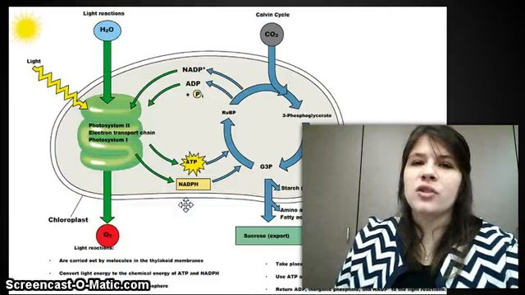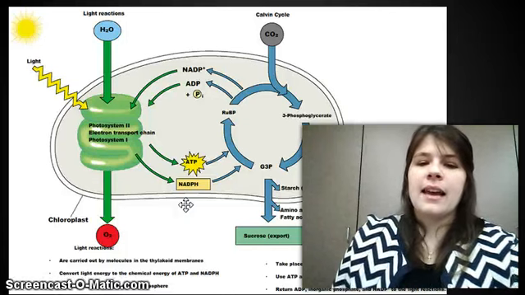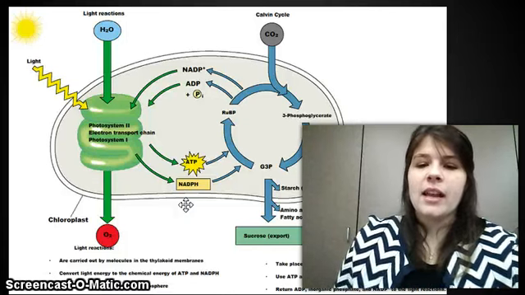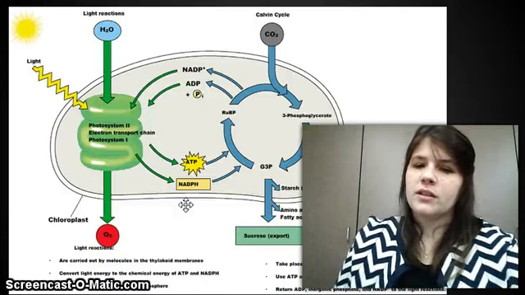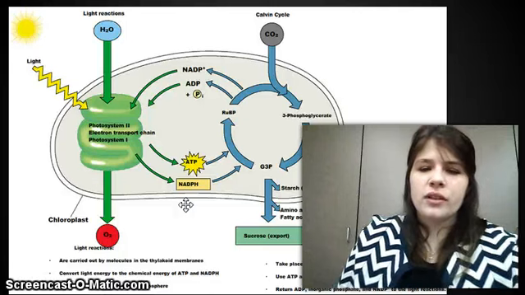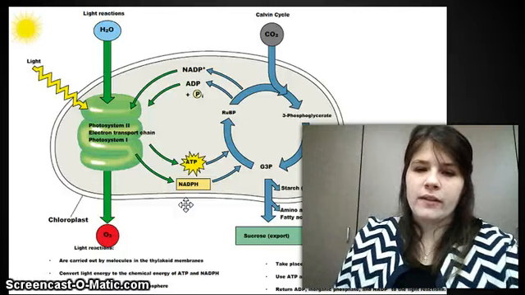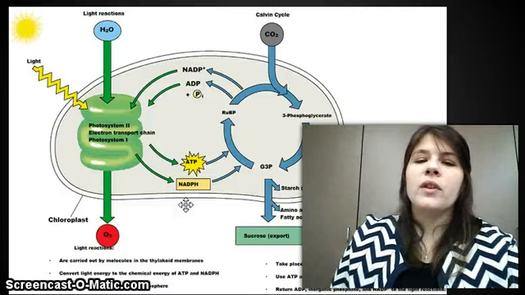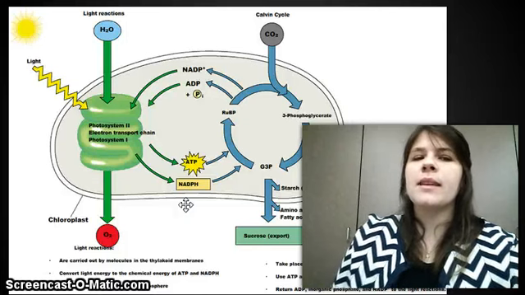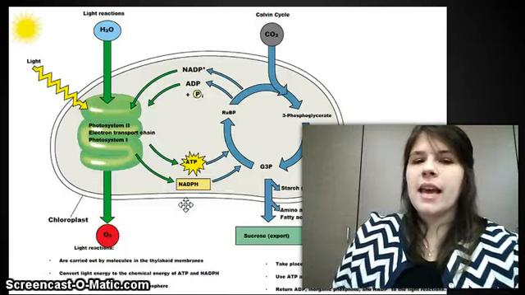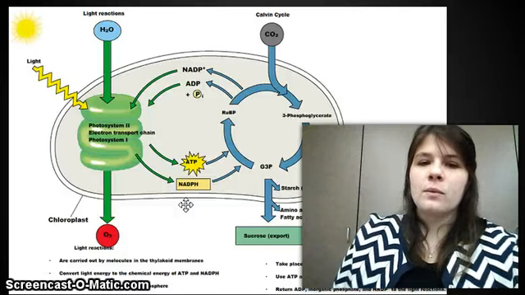This takes place in the stroma, that aqueous fluid. And it uses ATP and the highly activated electron, the NADPH, and converts the CO2 into G3P. G3P is just a shortened form of how we combine those carbons. Not something very important to know for everyone here. And we've used some ATP, and remember, when you use ATP, it makes ADP. So we're going to return that to our thylakoid so that it can be used again when we want it